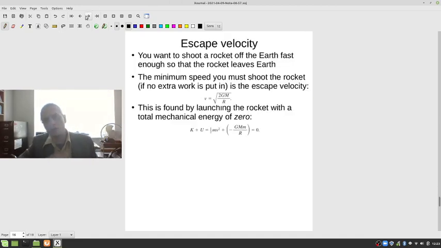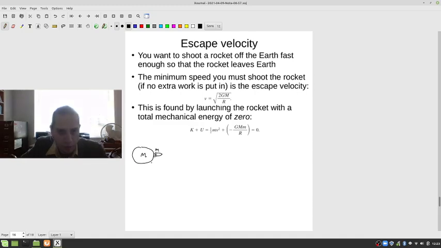Now, the place we're going to use this is this. Let's say we want to shoot off a rocket from the Earth. Okay, so there's the mass of the Earth, and here's the mass of the rocket. And at the beginning, when I just shoot it off, the rocket itself has gravitational energy, and it has kinetic energy. So this is my start,